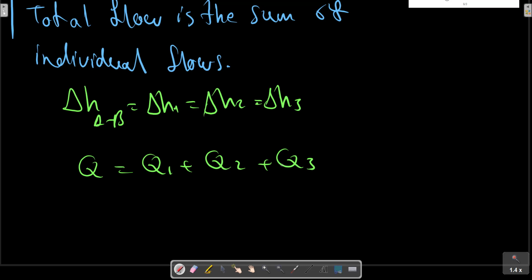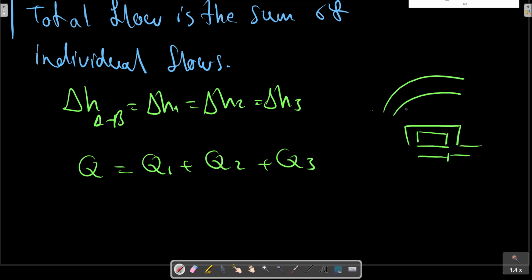These are the rules for a system of parallel pipes. In this case, the head loss also depends on the shape of the pipes in parallel. For example, this pipe may have more friction and head loss. If the total head loss is known, it is straightforward to solve for Q in each pipe and sum them,